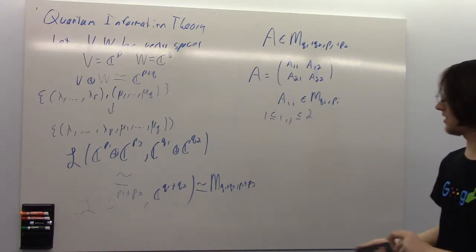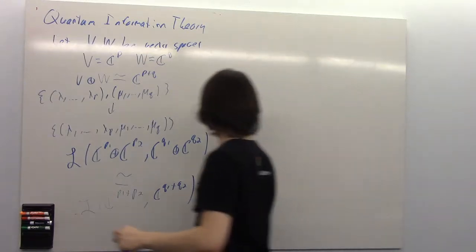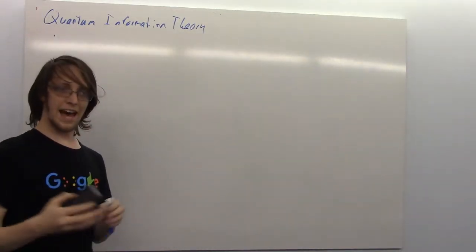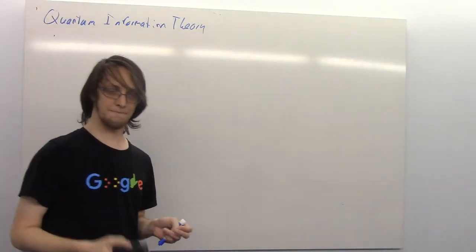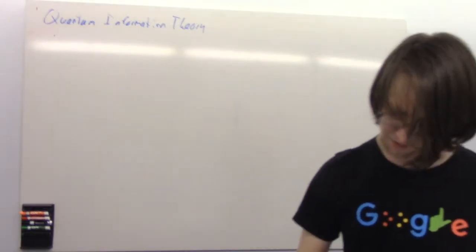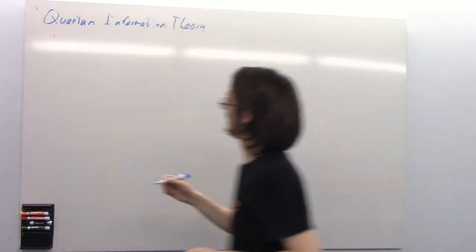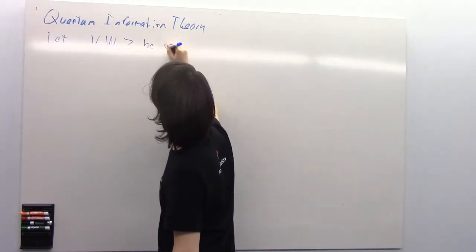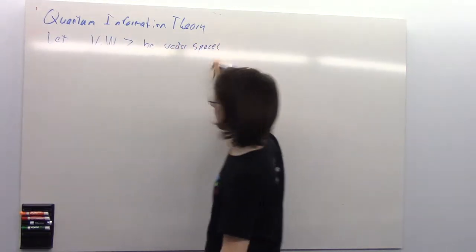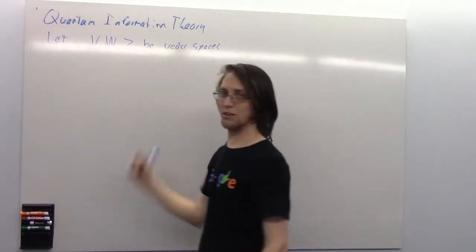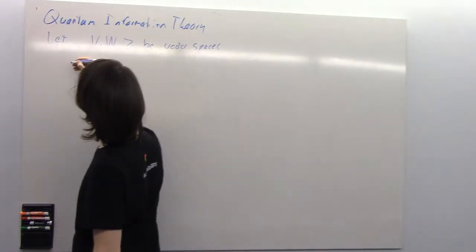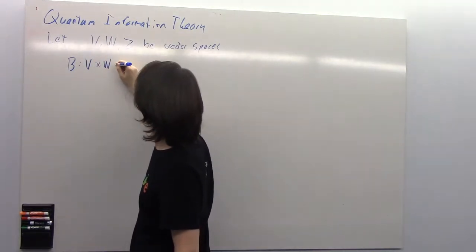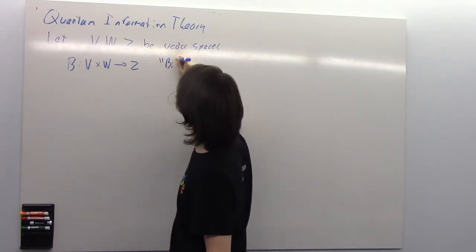So now that we understand direct sums, let's talk about tensor products. So direct sums let you add the vector spaces. What if you want to multiply? First, we must talk about what it means to be bilinear. Okay. Let V, W, and Z be vector spaces. These are all over C. So, we're going to call a map B from V cross W to Z bilinear